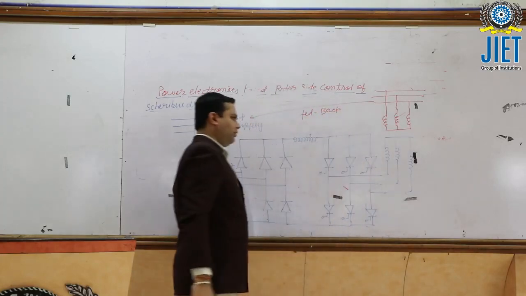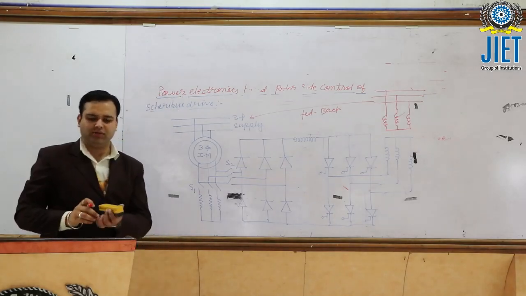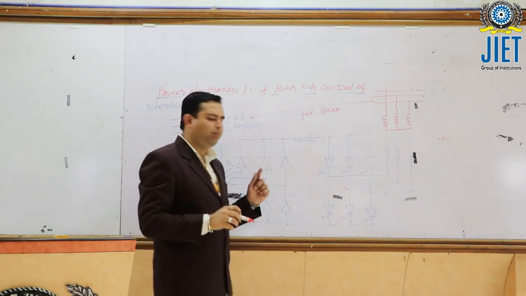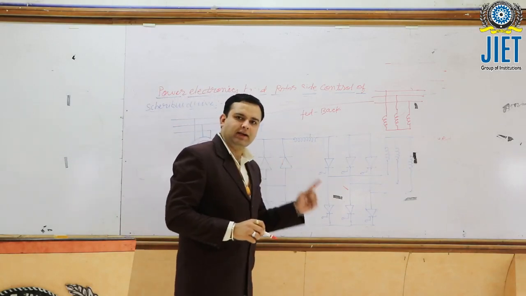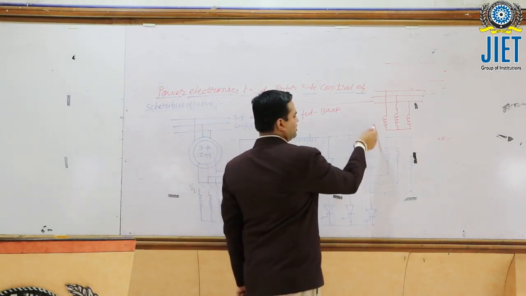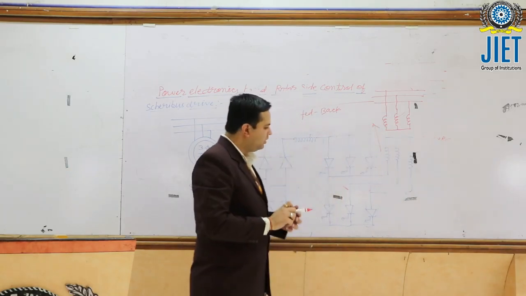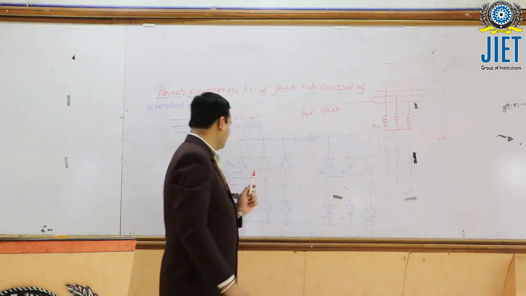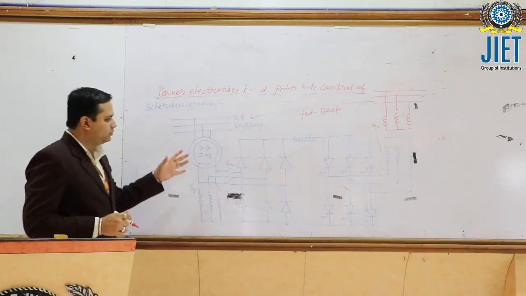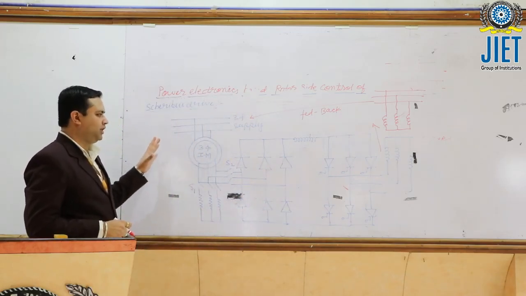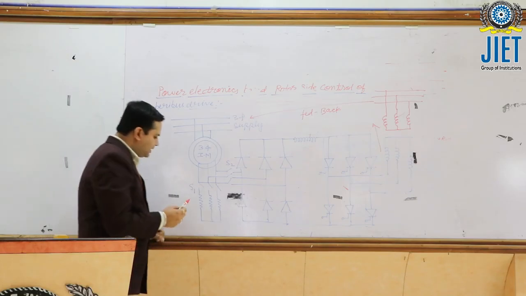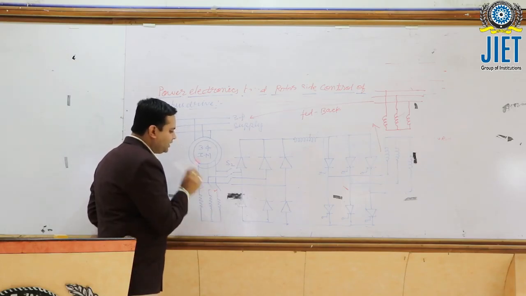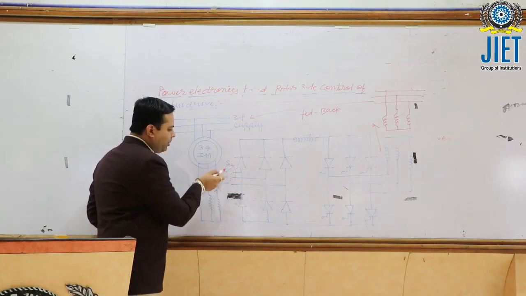It is the basic circuit of a Scherbius drive system, in which the rotor side energy, or we can say the slip power, is not wasted and it is supplied back to the source via this transformer and thyristor bridge configuration. So this is the circuit of a Scherbius drive system. Initially the motor is started when switch S1 is closed, and at the initial level the switch S2 is open.